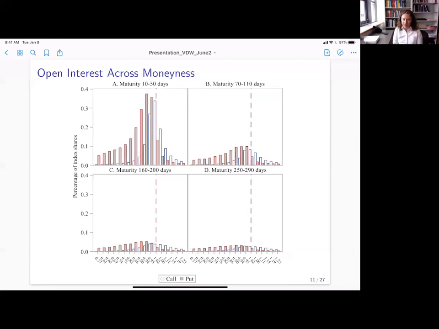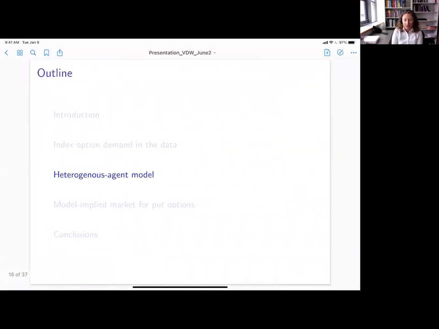This is consistent with the findings in the literature that I mentioned before, the paper by Oleg Bondarenko and Juden Lyson, who find a similar fact. This is a puzzling observation that hasn't really been explained theoretically. And once again, for puts, we still observe this asymmetric pattern, where most of the demand is in out of the money puts together with the peak close to at the money. So this is the empirical part about the character of the demand for these products in the economy.